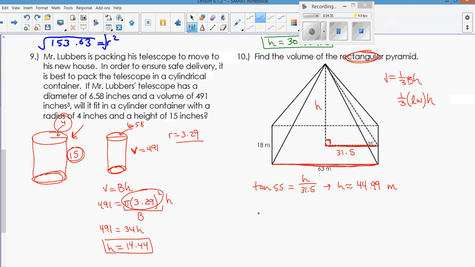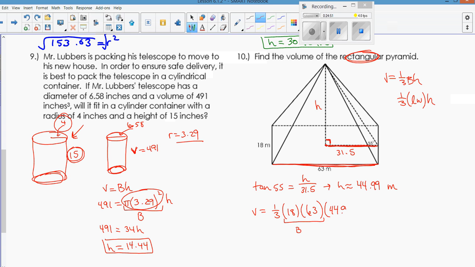So if I want to find the volume of my pyramid, I will do 1/3 the area of my base, which is 18 times 63. So that's the area of my base. That's my rectangle. And then my height, I just found by using trig, is